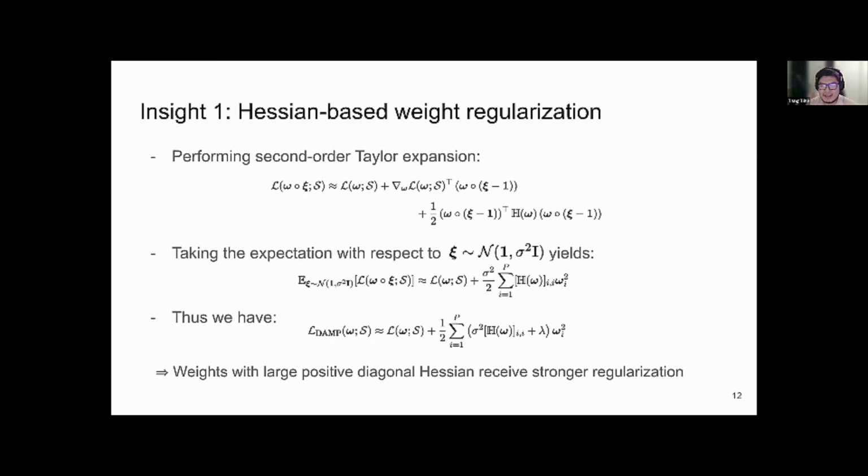I don't know exactly what the effect is here, but I think if a weight corresponds to a large positive diagonal Hessian term, then it will probably have a strong effect on the optimization trajectory. So what we're doing here is slowing down the update of this weight, I guess, to make the training more stable.